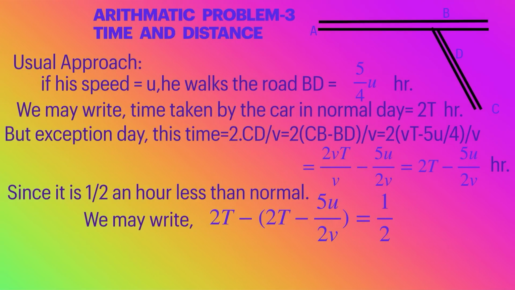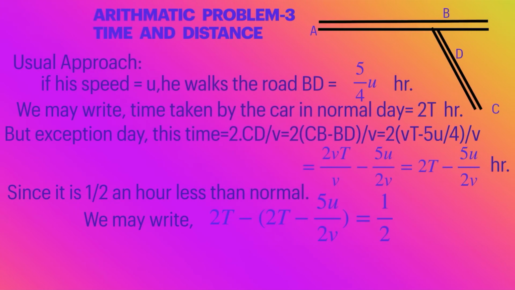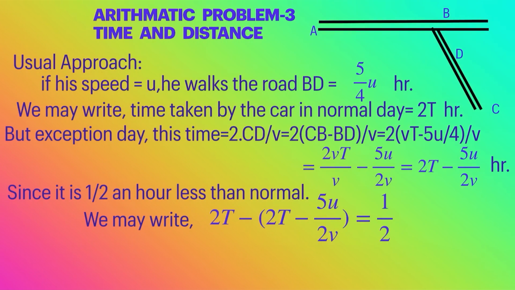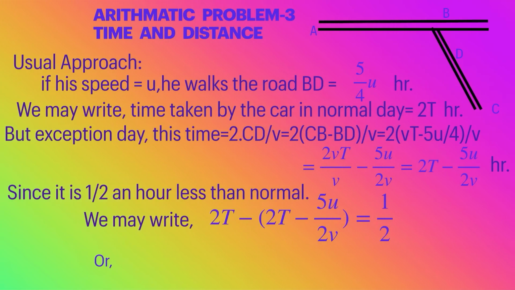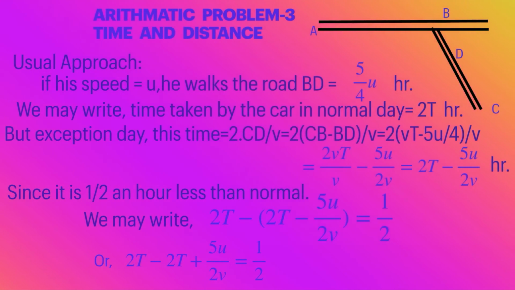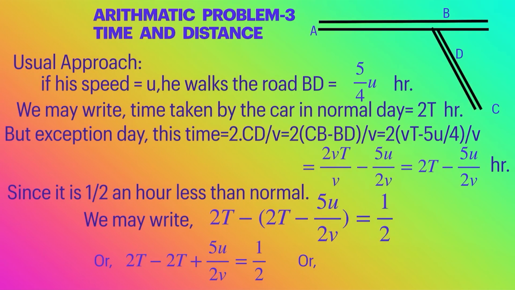So the difference between normal and exceptional is 2t minus 5v by 2v, and that is equal to half an hour according to the problem question. So the equation will be like this, that is 2t minus 2t plus 5u by 2v equal to half,